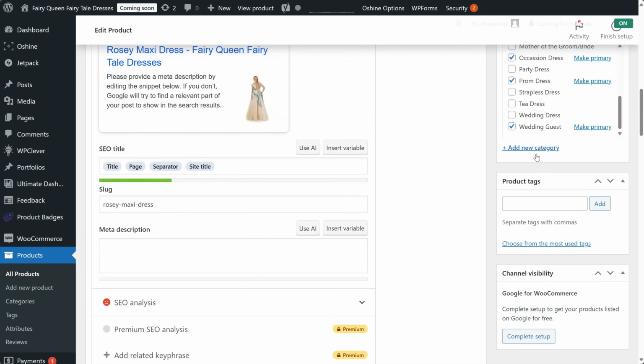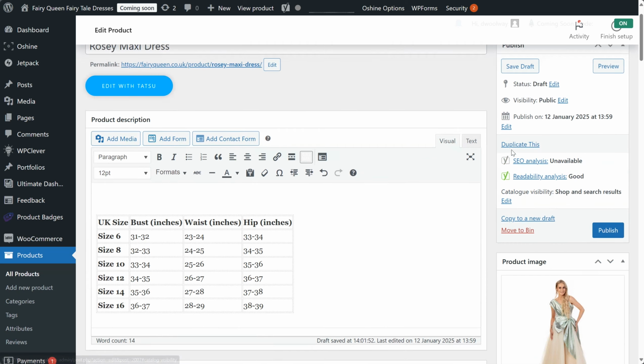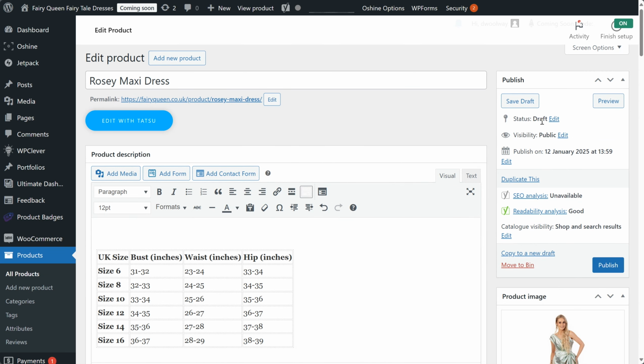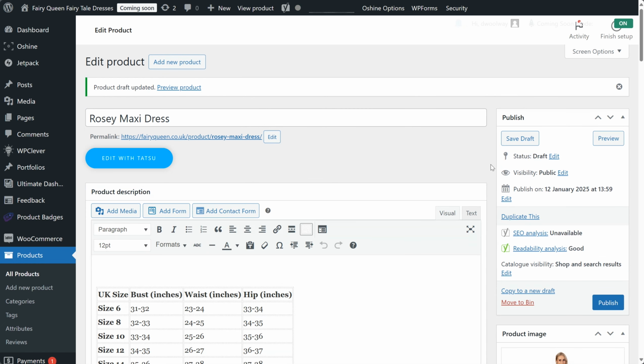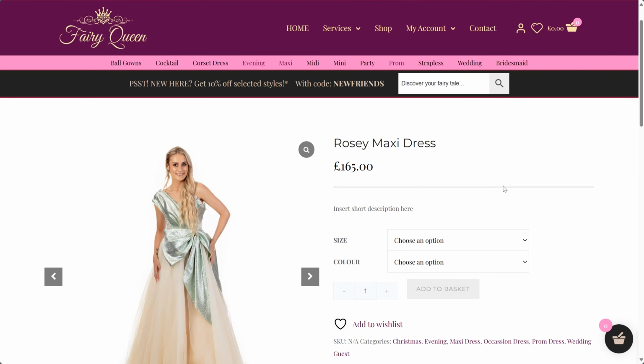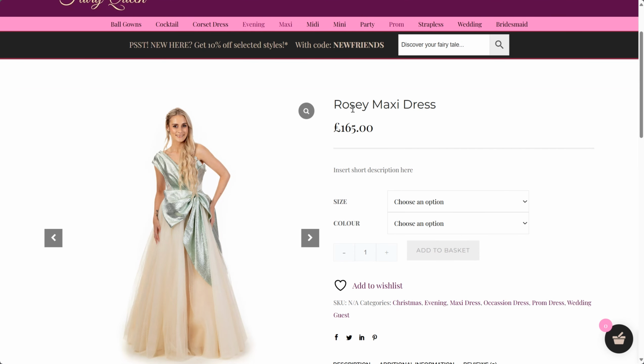Scroll to the top. Now at the moment this isn't published, this is in draft. So if you don't want this to go directly out to the public, you can click on Save Draft, so that then you've saved the product as a new product. And if you want to see it at the front end, you can click on Preview. This will then open up a new tab,